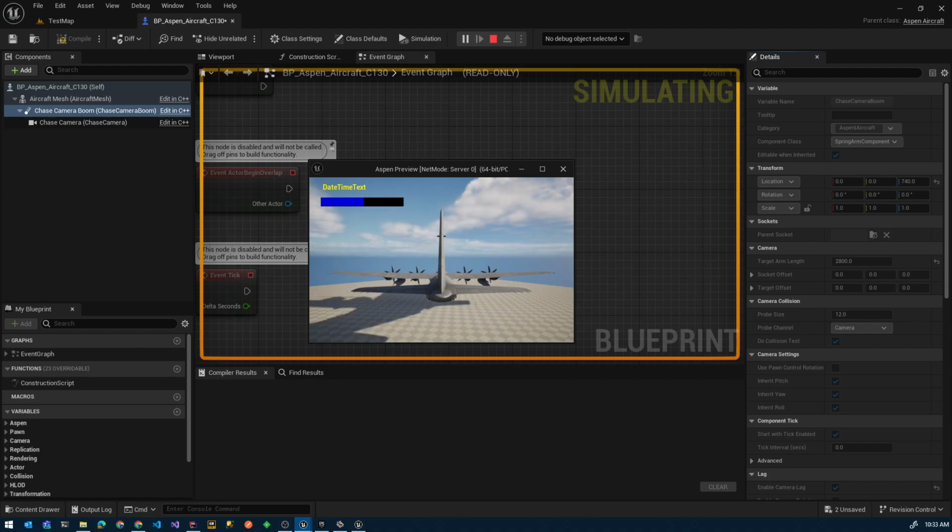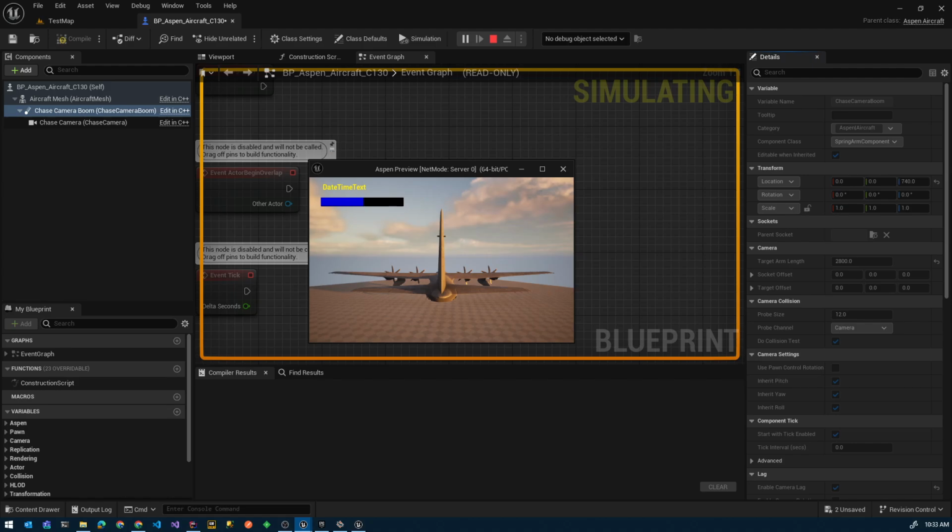so none of the HUD's going to work. I'll deal with the HUD much later. We'll obviously want to replace it with something that makes sense. If you're controlling an aircraft, it should have a different HUD, obviously. So that's how we'll deal with that, but that'll come much later. For now,